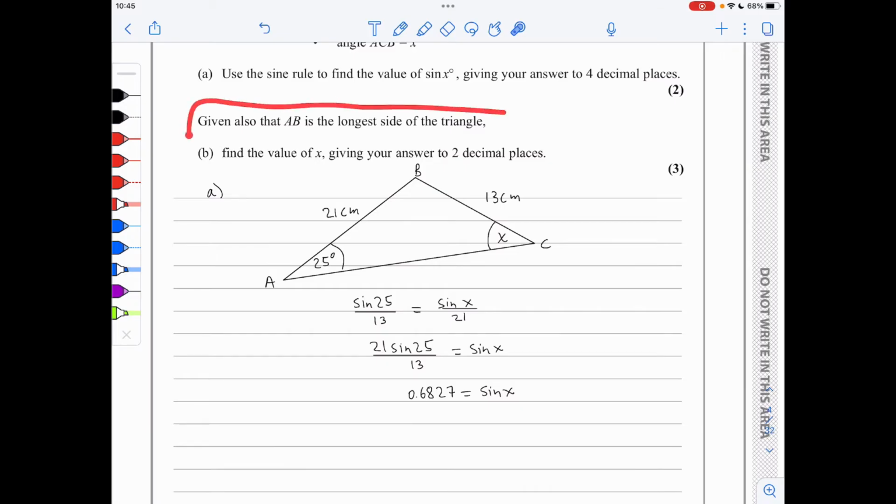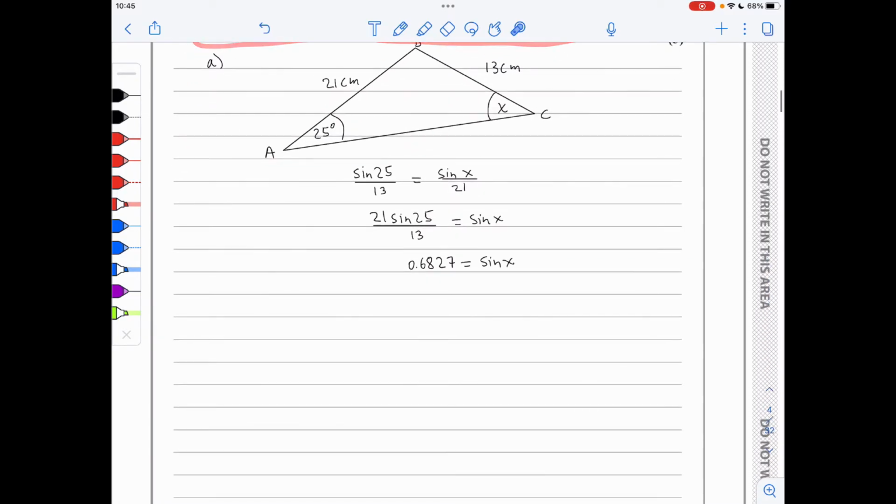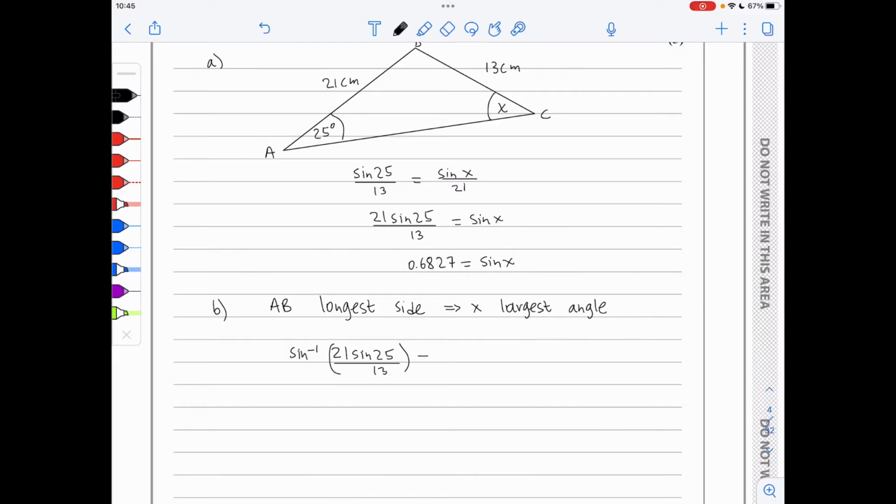Given also that AB is the longest side of the triangle, we need to find x to 2 decimal places. Now we know that if AB is the longest side, that means that x, the angle opposite the longest side, must be the largest angle. So we could proceed as usual to find x. We do shift sine of 21 sine of 25 over 13 for x, which turns out to give us a